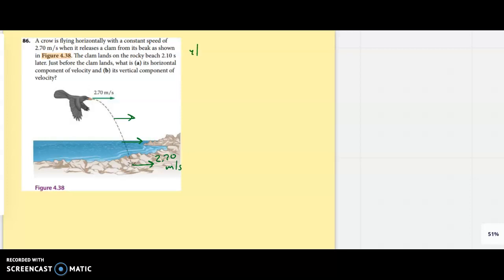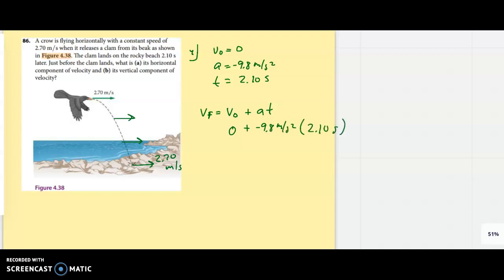So in the y direction, we have an initial velocity of 0. Remember, it's just going horizontally. An acceleration of negative 9.8 meters a second squared, and a time of 2.10 seconds. So to get the final velocity, it's actually really easy. It's going to be that final velocity equals initial velocity plus acceleration times time, 0 plus negative 9.8 meters a second squared times 2.10 seconds. When you put that into your machine, you get